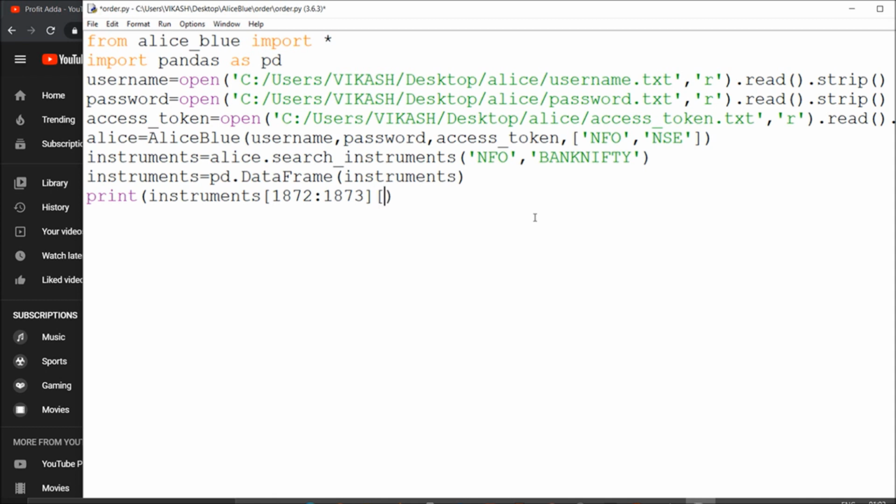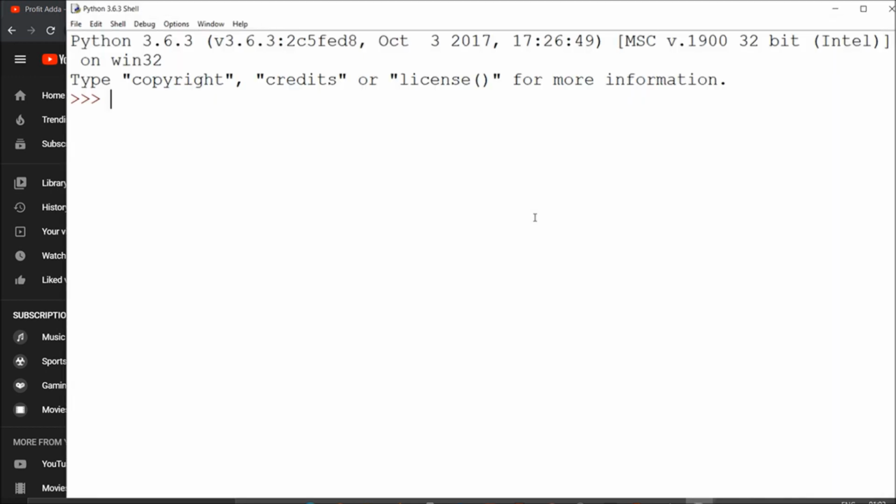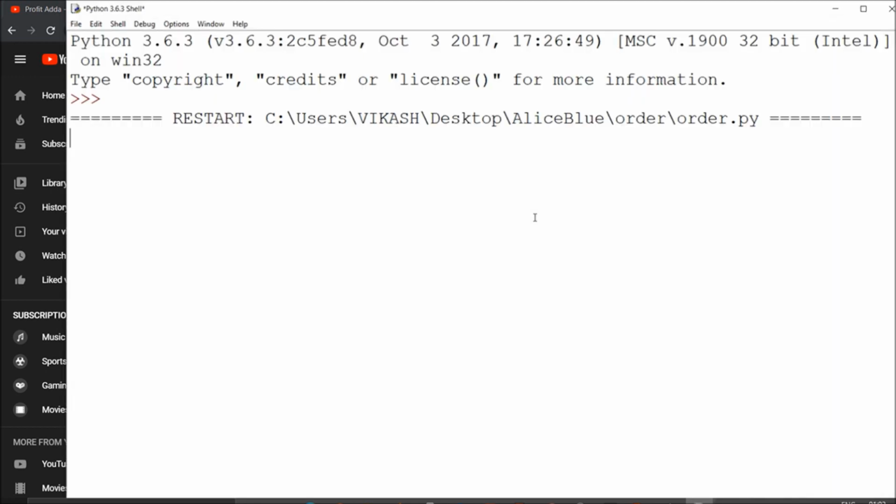Suppose I require this symbol, so easily I have to say symbol. This is the way you can call. You can use this symbol for your trading. Whichever you want, you just say so.